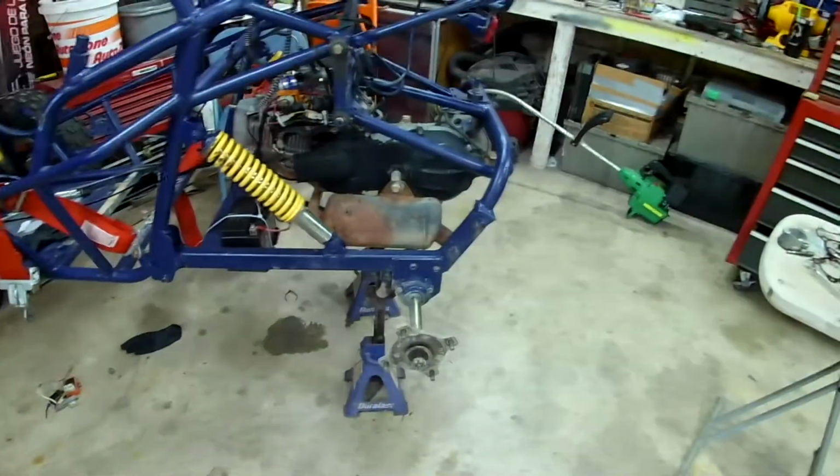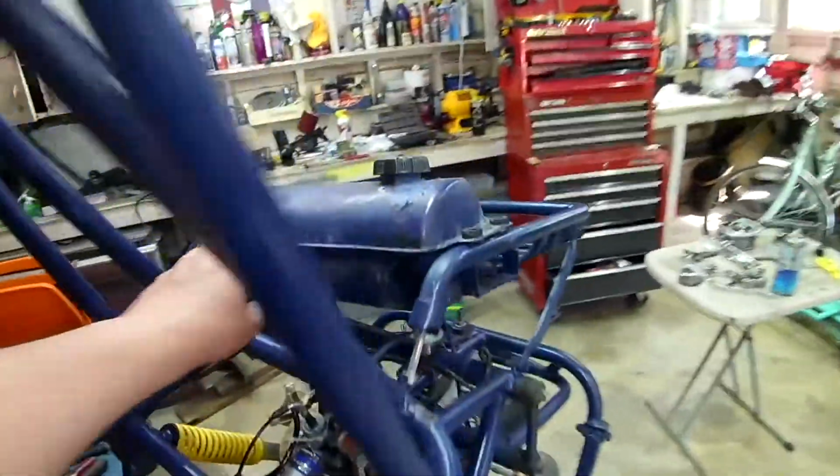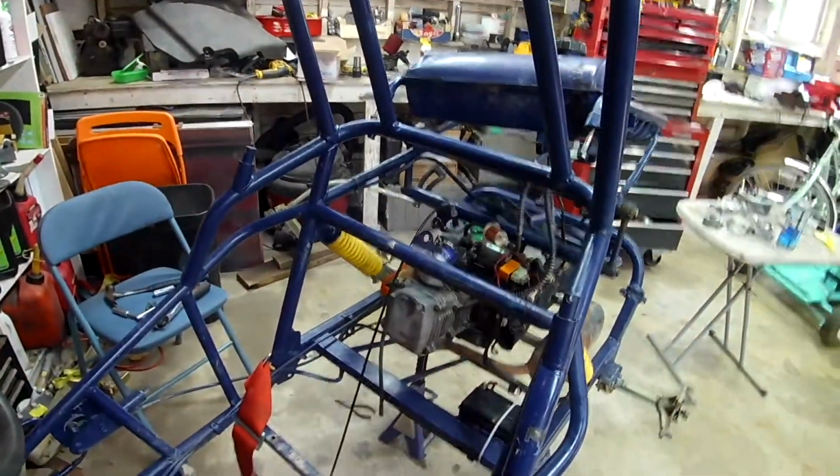Alright, time for a little update. It's not done, obviously. Still got a little bit of a ways to go, but carb's all put together, throttle cable's on, so all that stuff. I mean, this is just sitting here. I've got to, like I said, we got a ways to go. However,